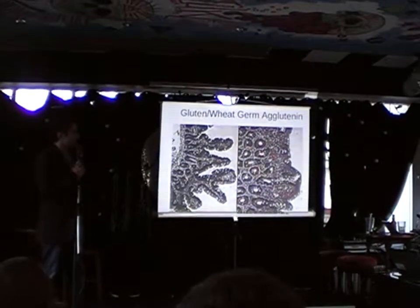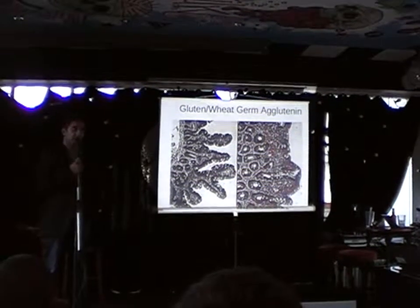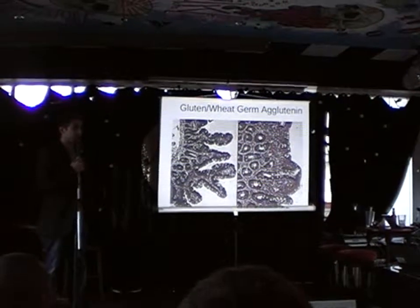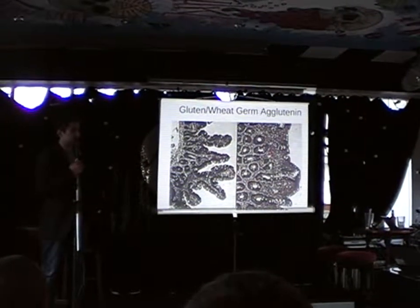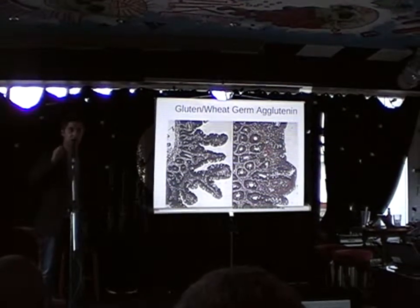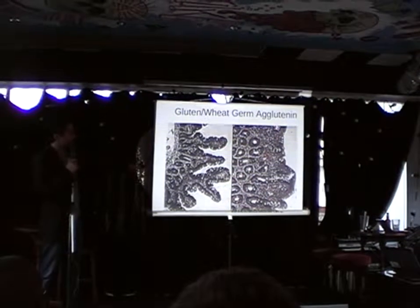Right, this is a picture of a celiac. Does anyone know what a celiac is? People with celiacs? No? Allergy to gluten. Yes, in a big way. And these people, unfortunately, it's very difficult to diagnose because normally you do it by sticking an endoscope down into your small intestine. And what I want to show you here, in the first slide on the left,